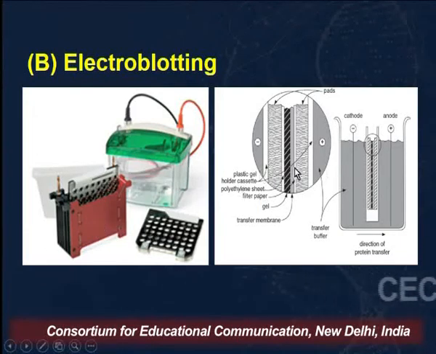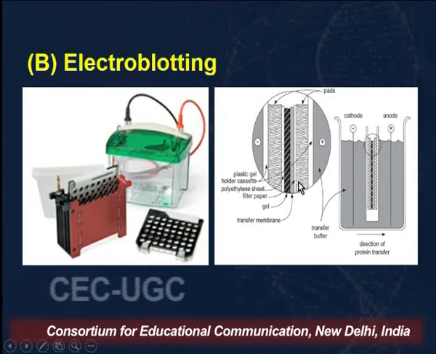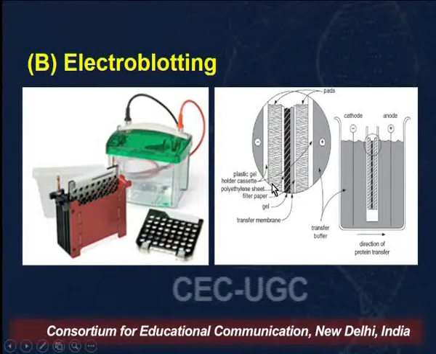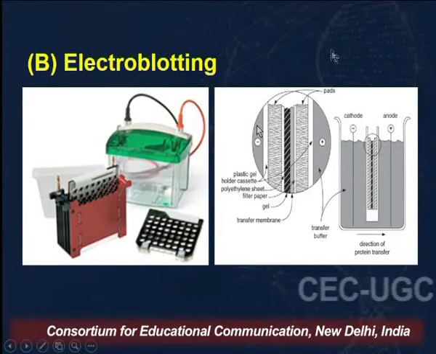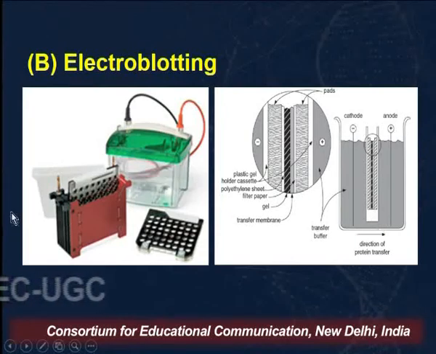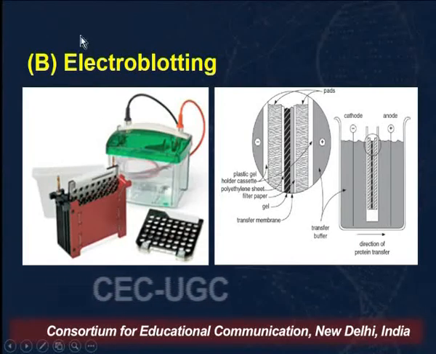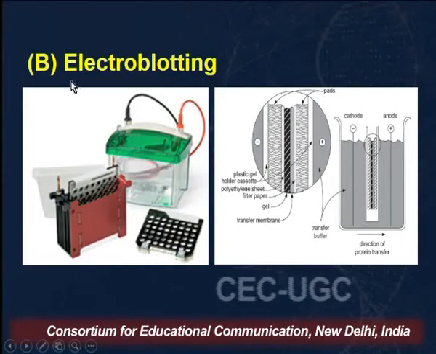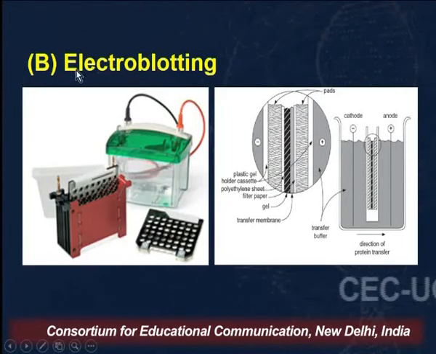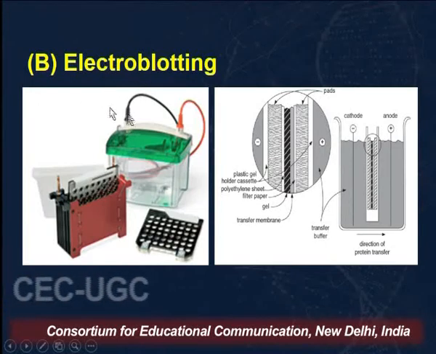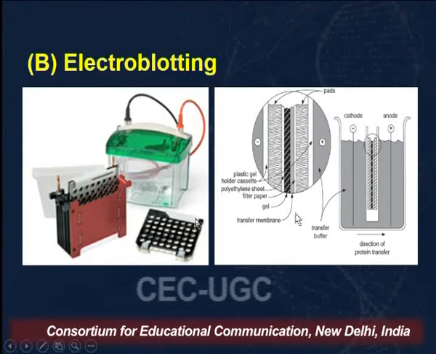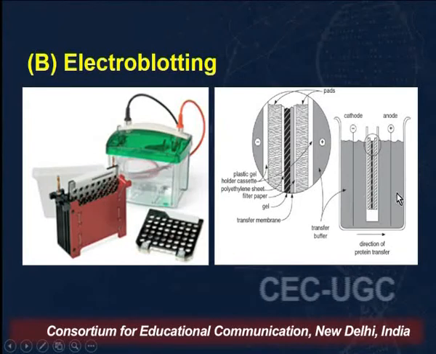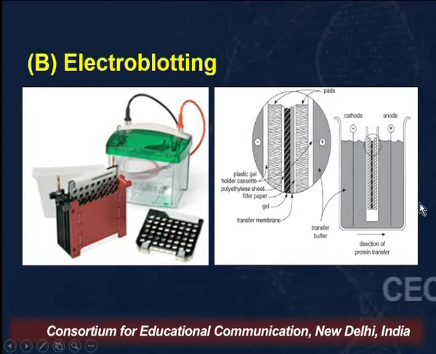So we create this kind of a stack where we have sponges, a gel, and a membrane adjacent to it. We put it inside, again, the electrodes and then we run. So the same system by which the proteins run within a gel, it runs horizontally from the gel onto the membrane as well. So this electroblotting is done, which is very fast, and therefore we transfer the proteins on the gel onto the